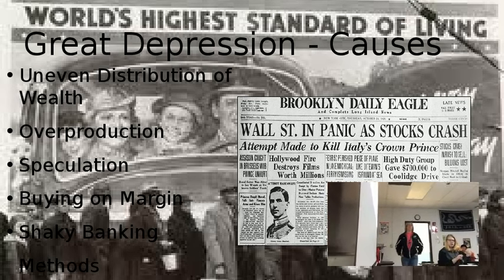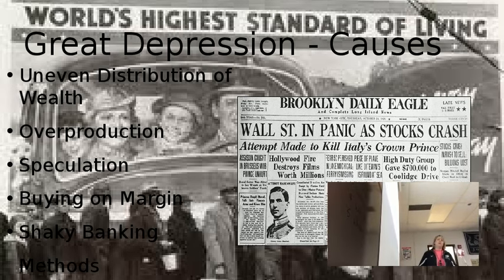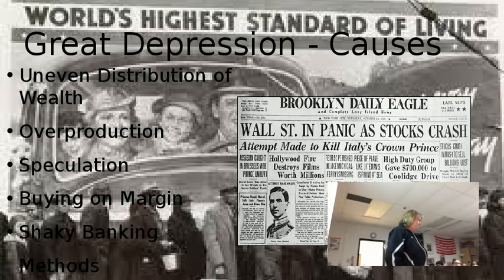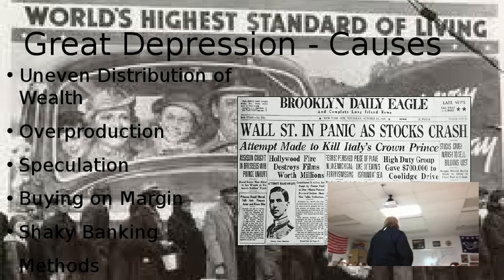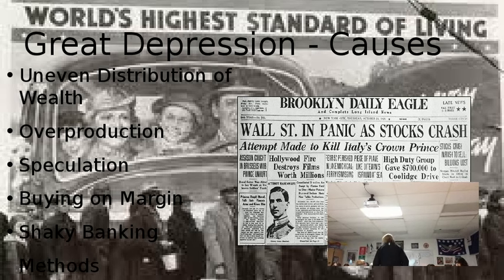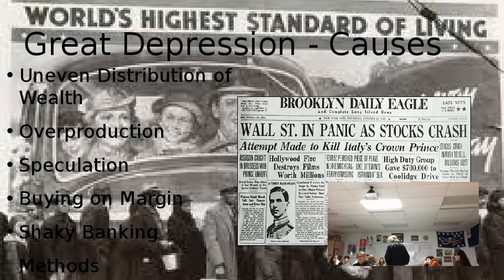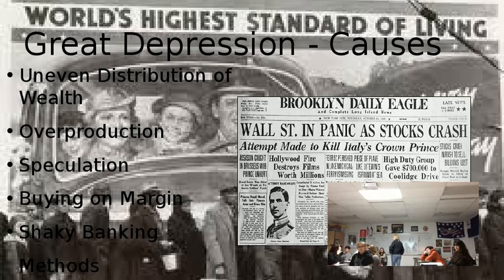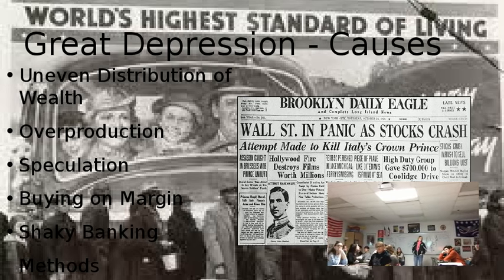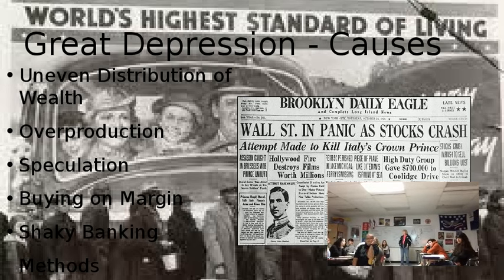Shaky banking methods. We know how banks work. Normally you deposit your money into the bank. Then they use that money to loan to other people at a certain interest rate, and that interest rate is the profit for the bank. It just keeps money flowing throughout our economy. Well, what a lot of banks did during the 1920s is they, too, started investing in stocks and bonds instead of investing in their depositors. So when the stock market crashed, they lost everything, too. And that's the money they're supposed to have in the bank to pay their depositors back.